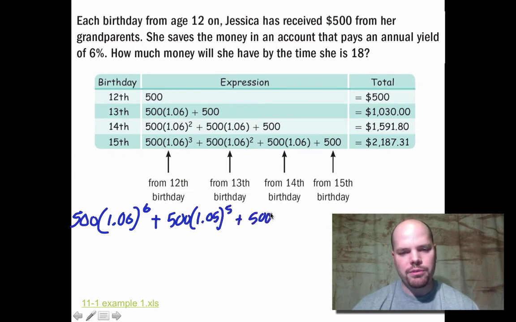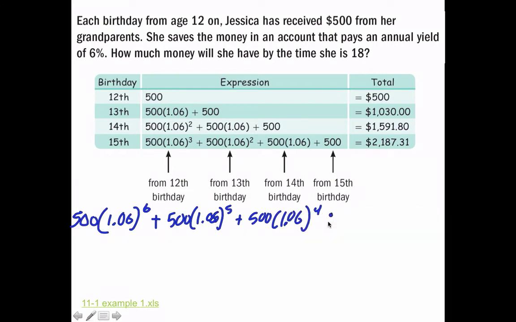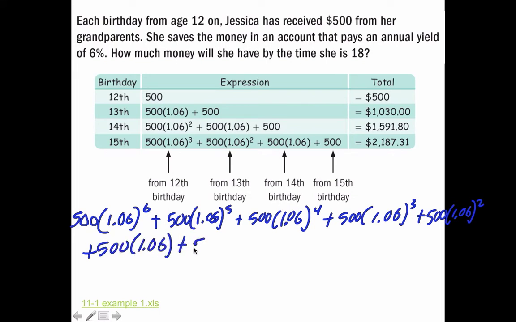Plus 500 times, let's see, this should be a 6 here, 1.06 to the 5th power. 1.06 to the 4th, plus 500 times 1.06 to the 3rd, plus 500 times 1.06 squared, plus 500 times 1.06, and then on her 18th birthday she